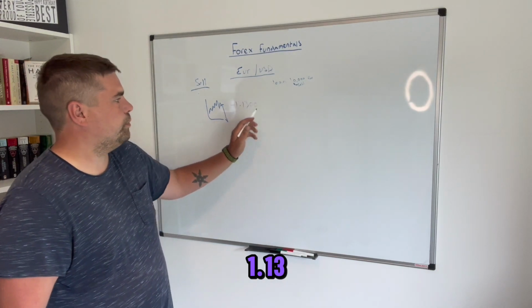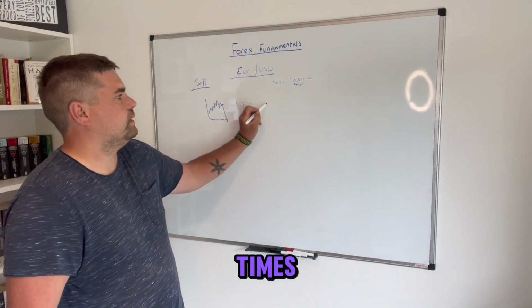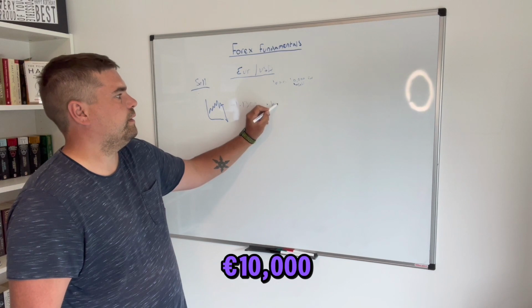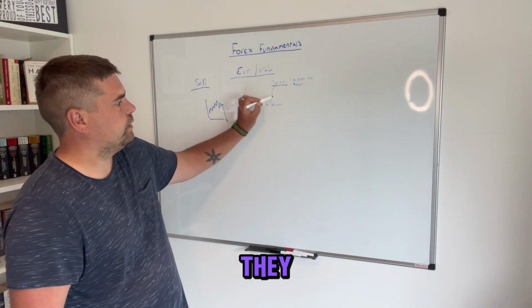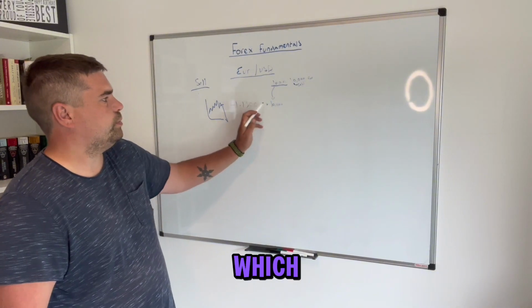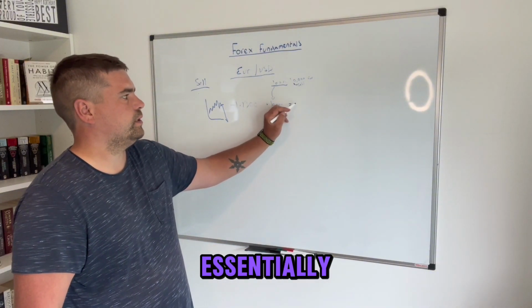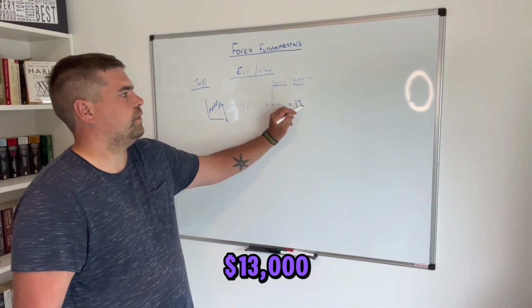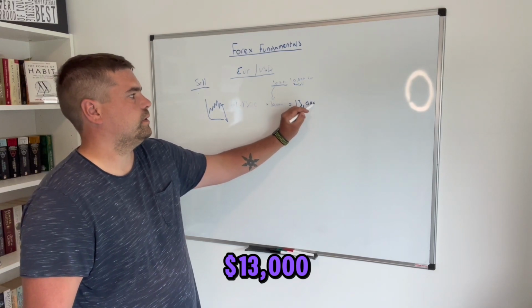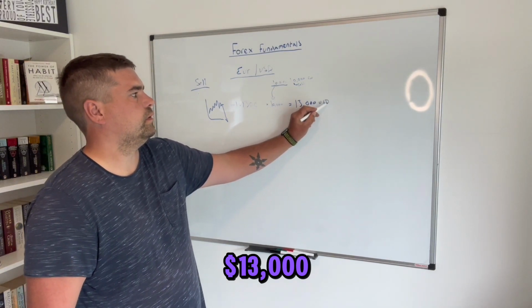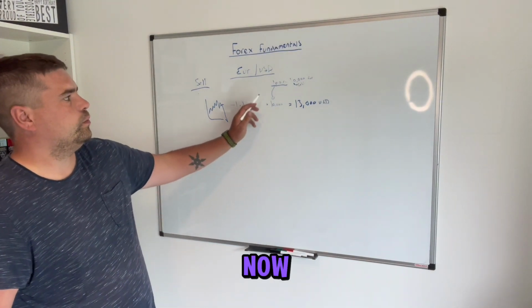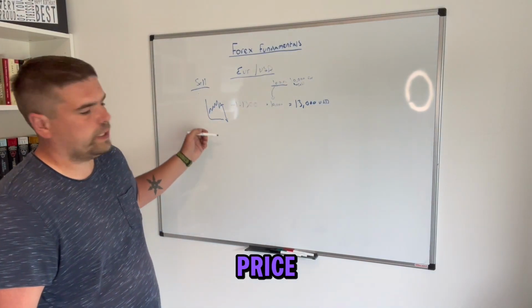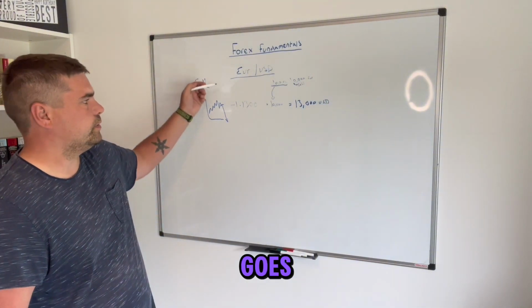So again, 1.13 times the 10,000 euros, so that's on loan from your broker. They loan it to you, which means that you obtain essentially 13,000 US dollars for this. Now, with this loan, obviously once price goes down in value or goes up in value